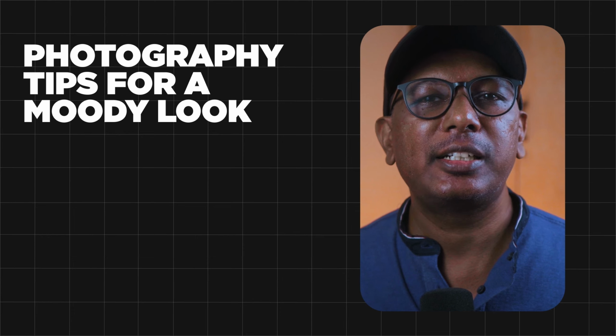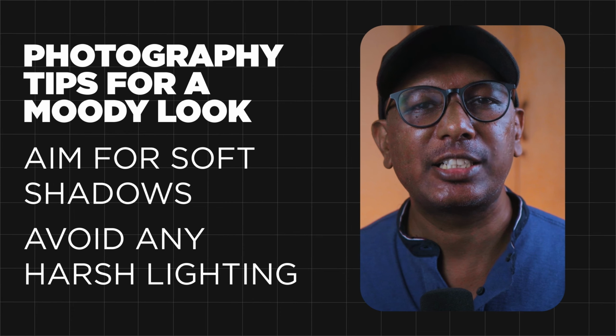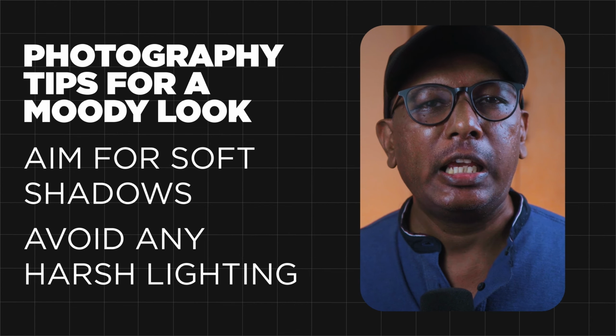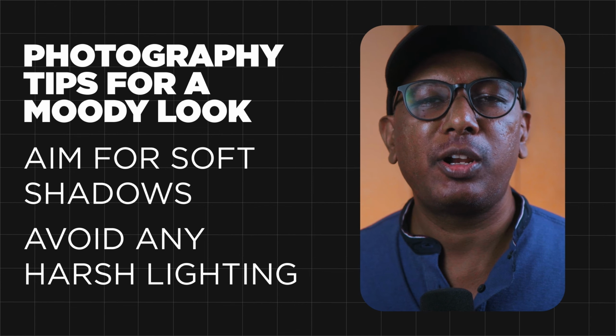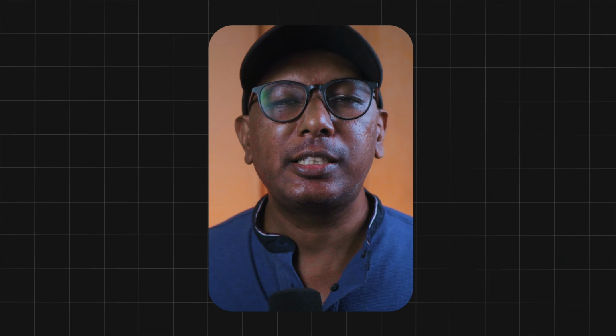Before we dive in, there's an important tip that will help you get the best results from this editing style. When shooting your original photos, it's highly recommended to aim for soft shadows and avoid any harsh lighting that creates strong defined shadows. This is key because for a moody look, you want a more subtle, balanced play of light and shadow. Harsh lighting can be too overpowering and make it difficult to achieve that soft, atmospheric feel we are